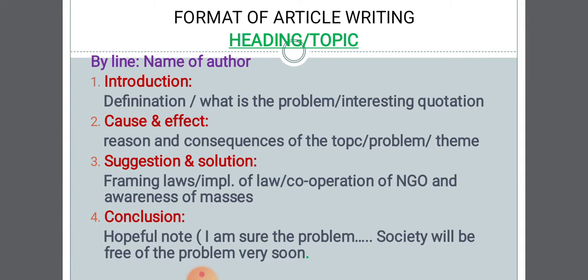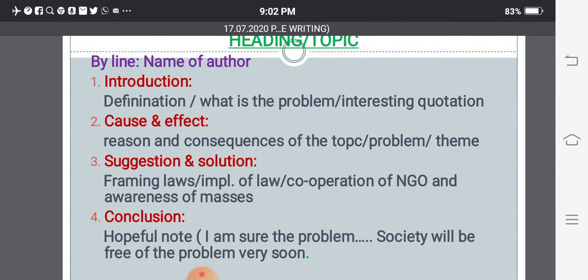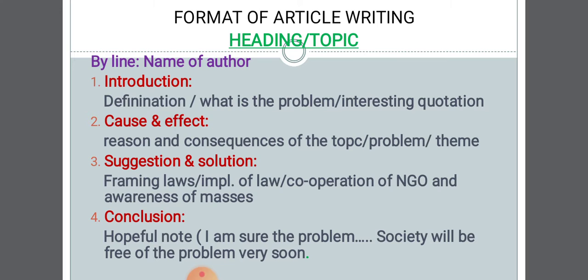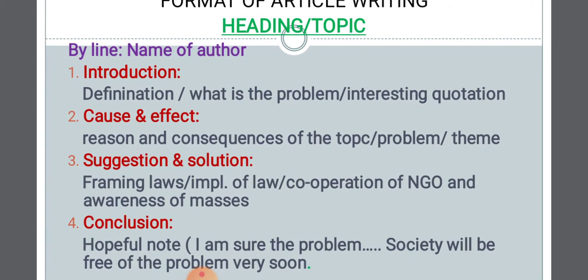So before writing, always think that when you are writing the introduction, you think about the introduction only. What are the things that will come in the introduction? You can write for any topic, any problem. If you can define that, do that. And if you think about what the problem is, sometimes you won't find a kind of definition.